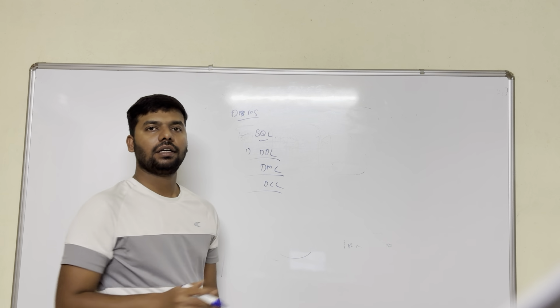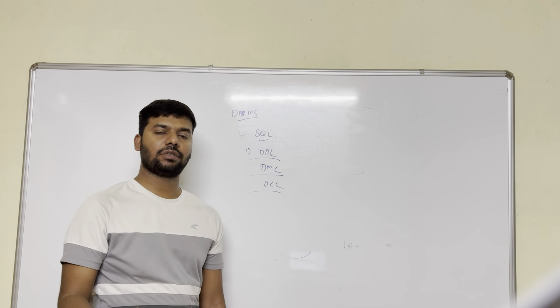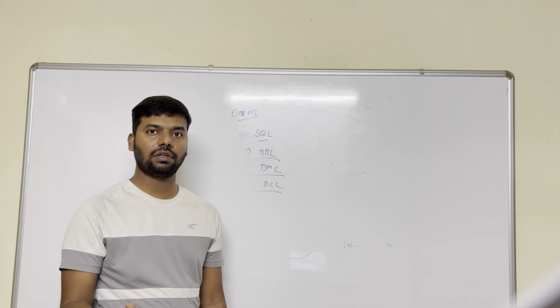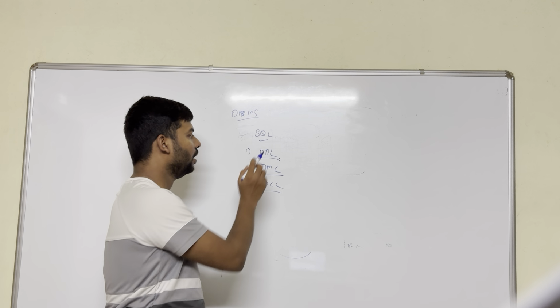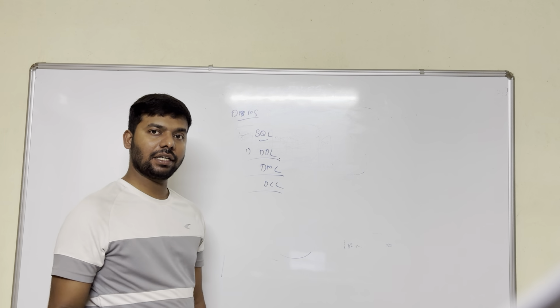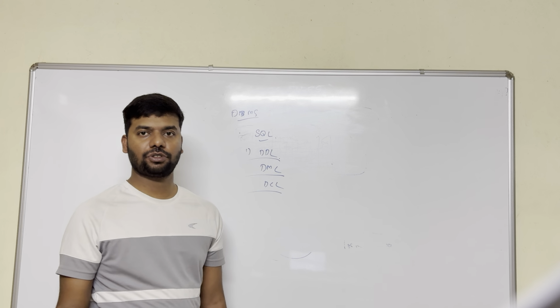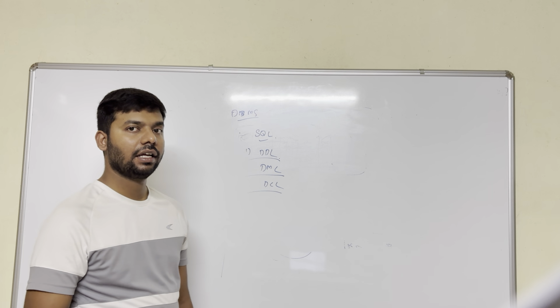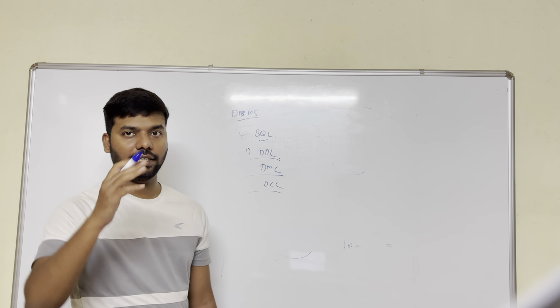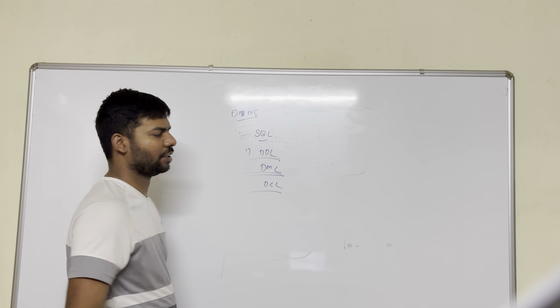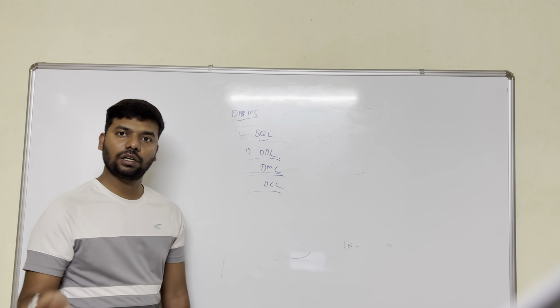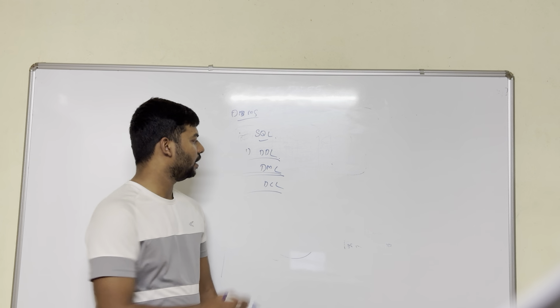So DDL is where we create the table, something we used to create, like the definition of the table, altering the table, like that. All these commands are nothing but DDL. Now, if I find the DML commands, like a search mechanism should be there, like select, where clause, order by, ascending, descending, like that. So that we call as DML statements. And DCL, save point, rollback, commit, all these things are DCL commands.